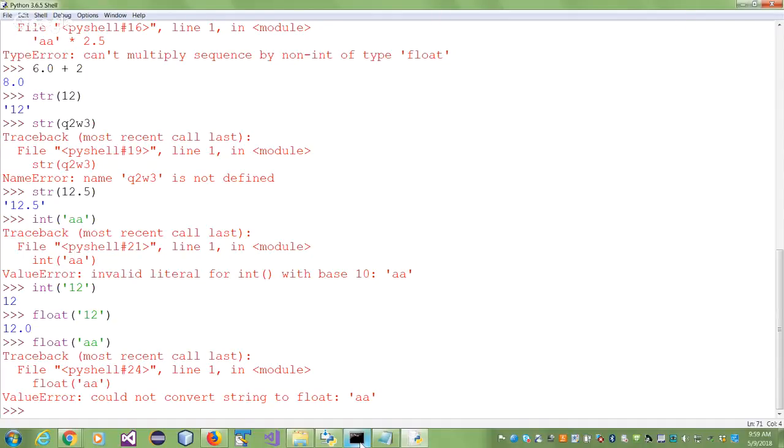Anju blank Chawla, O'Brian with an apostrophe. And it cannot start with a number. Remember those rules. The name can have numbers, digits, underscore, and cannot start with a number. So when it saw this Q2W3, it thought it was the name of somebody. And therefore it gave you a name error. It said, oh, I don't know who this is, right?